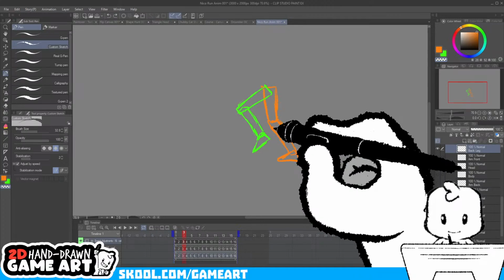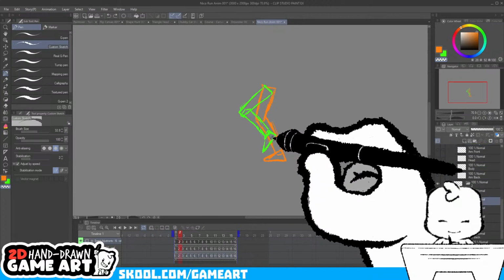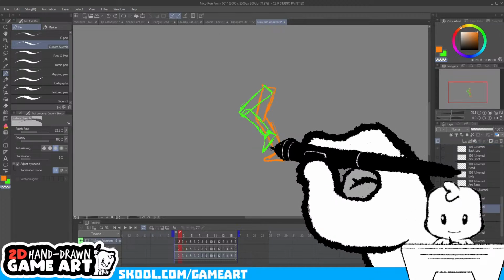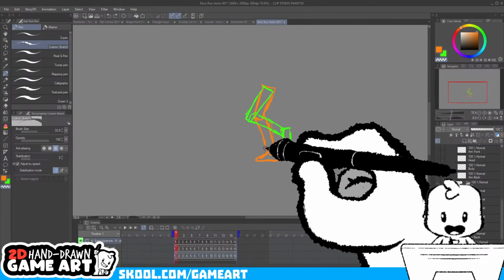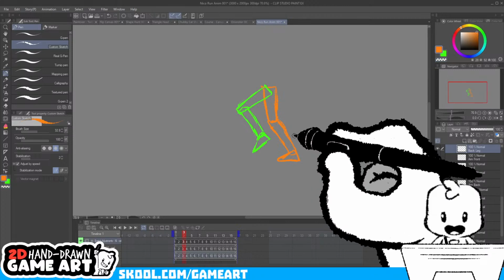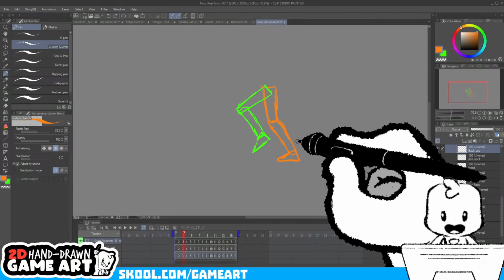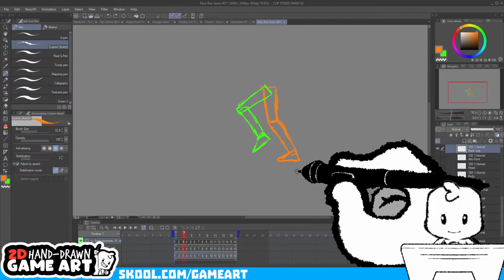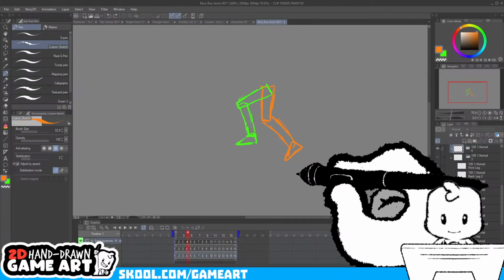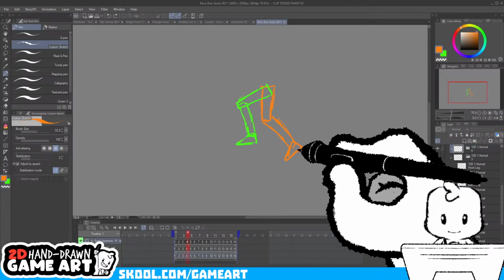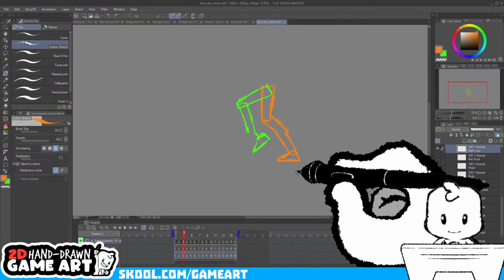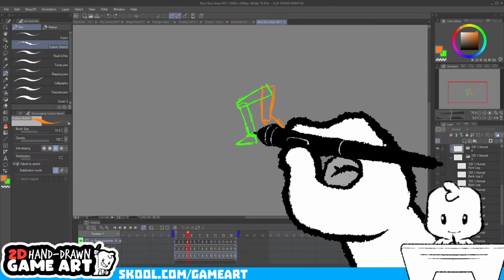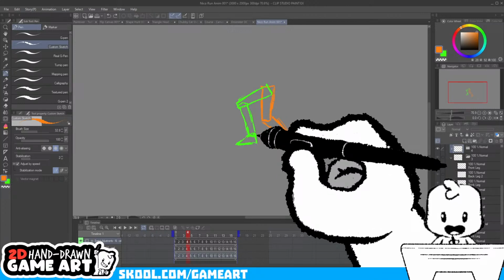Actually, I kind of like it up here. What I might do... So this bottom leg is still a bit more stretched than it needs to be, but I think that's okay. At this frame, we're gonna lift. So there's 3 frames of contact, and then we have a lift. I think that's okay. This green leg needs to be different, but we're not gonna worry about that right now.